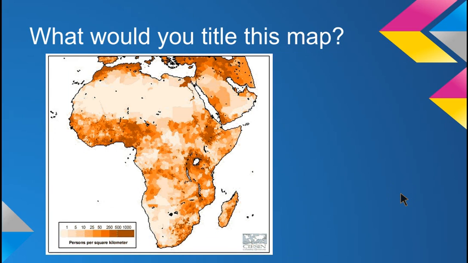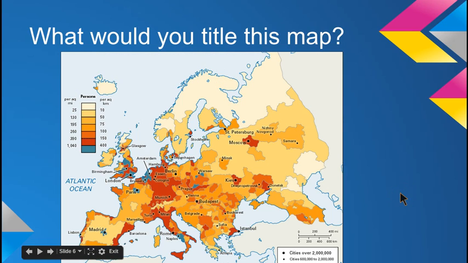What would you title this map? I want to draw your attention to some of the other information that you might be able to find,